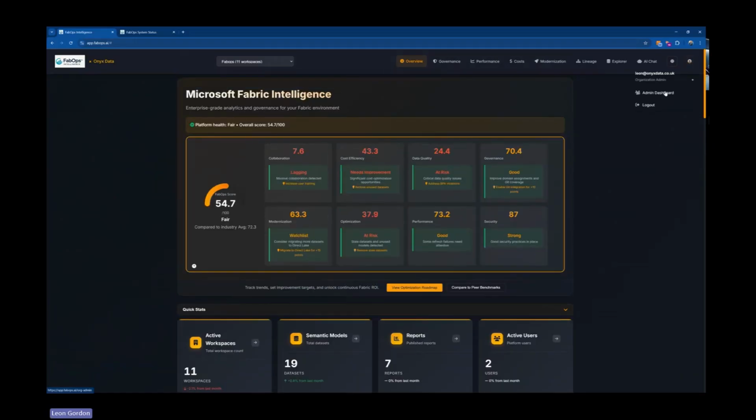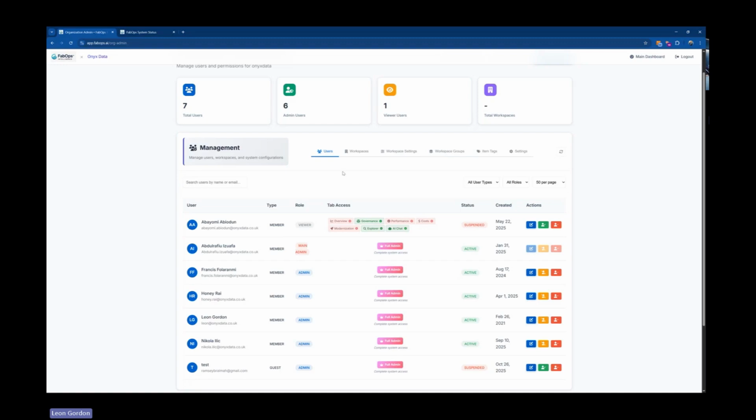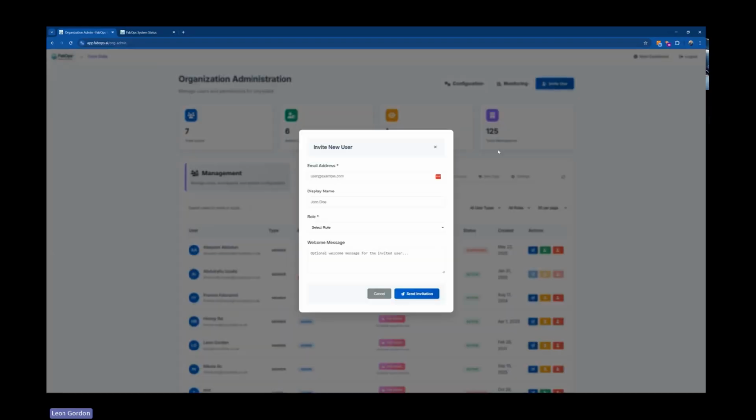So just as we go into our admin view, and I'm sorry if that has just blinded any of you coming back from dark mode. But what we give you the capability to do in the admin view is actually manage and maintain users yourself. So you don't have to come back to ourselves to add users. You can go ahead and invite a new user, enter their email address, their name. You can give them a role, either a viewer or an admin user, and go ahead and send them a